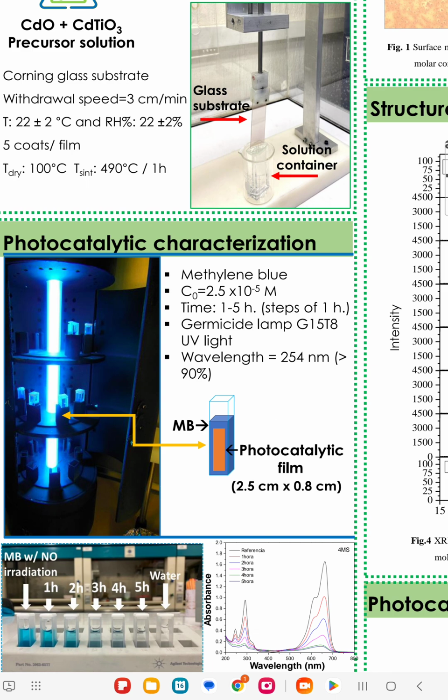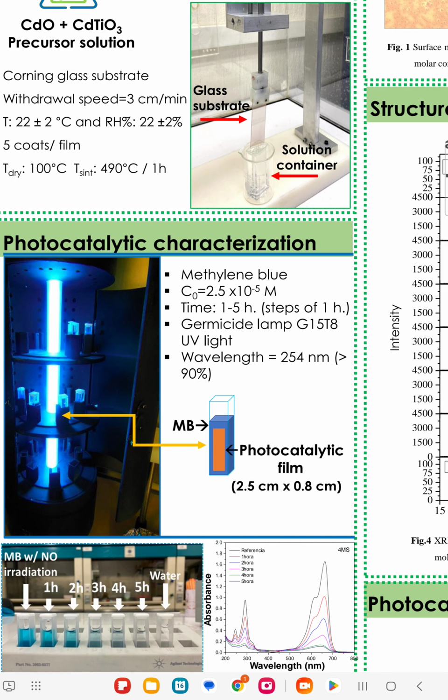This arrangement, quartz cells with the methylene blue solution and the photocatalytic film, was placed inside a cylindrical reactor, which along its axial axis has a germicidal lamp. The different arrangements for each film, for each X value, were irradiated during a time range from 1 to 5 hours, and after each hour of experiment, one of these arrangements was removed. This was done for each one of the